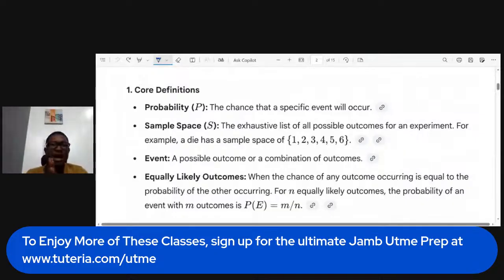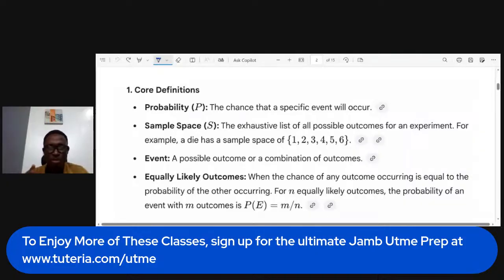Because in an event, you can't get a possible outcome that is greater than the summation of all the possible outcomes that are there. It's like saying you want to throw a die and you are getting an even number. The even numbers there are 2, 4, and 6, which is 3. Even numbers there cannot be 9, for instance, because the numbers we are dealing with are 1, 2, 3, 4, 5, and 6.